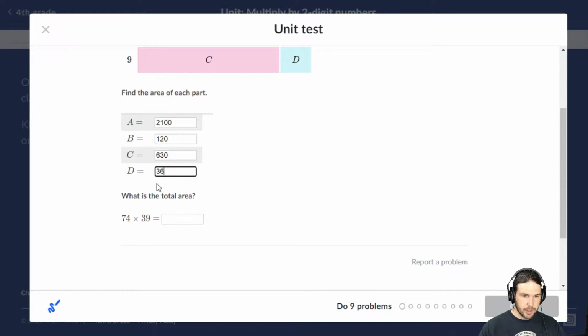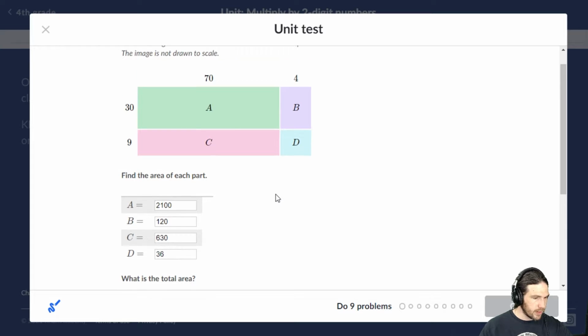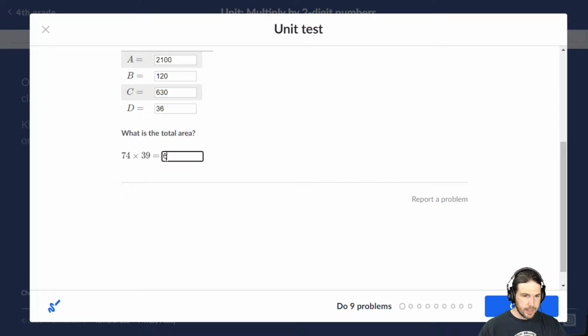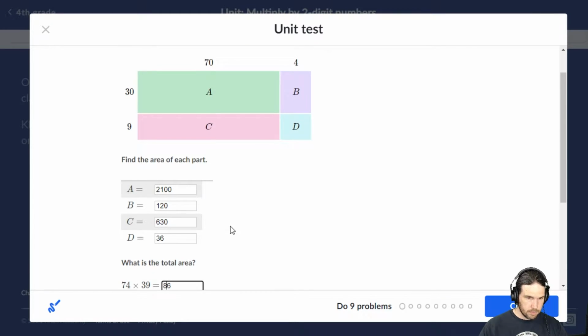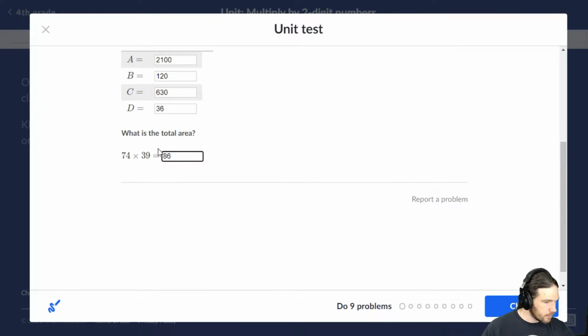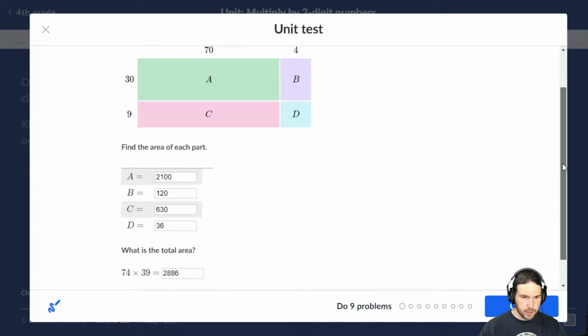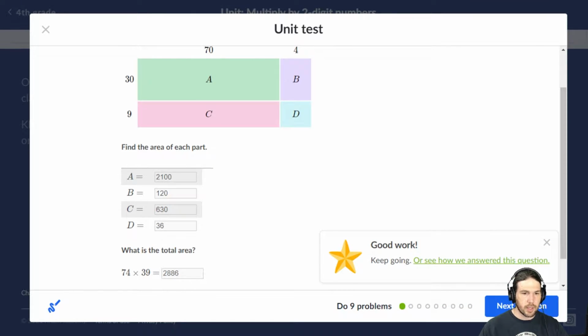So the total area is, let's see, the 1's value is 6. How many 10s do we have? 4, 5, 6, 8 10s. How many hundreds do we have? 6, 7, 8, 28 hundreds. 2886. I'm going to double check really quick to make sure I got that right. 2100, 2220, 2850, 2886. Yes. Okie dokie. That second time I went through and I added them all up one after another to